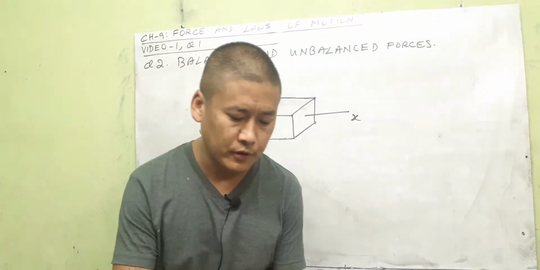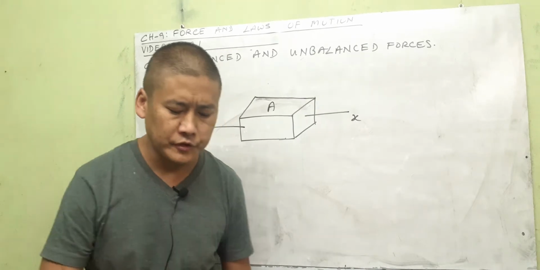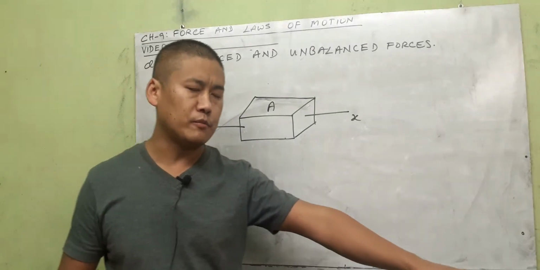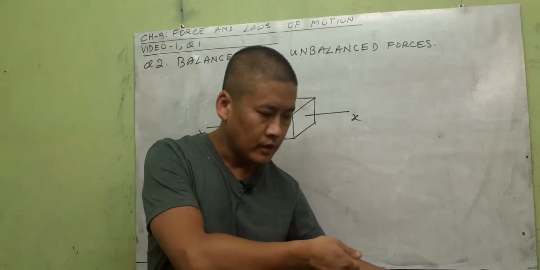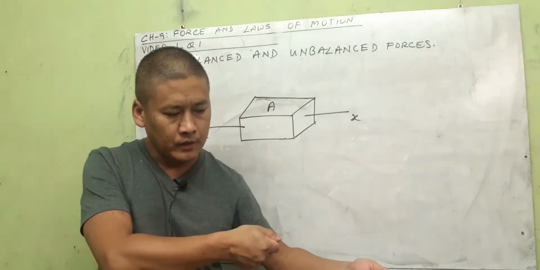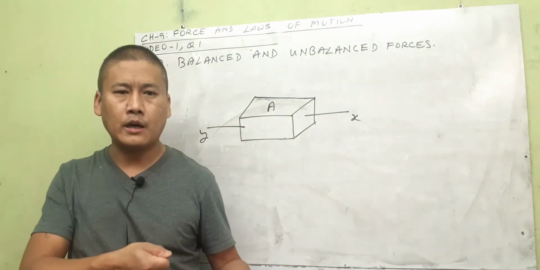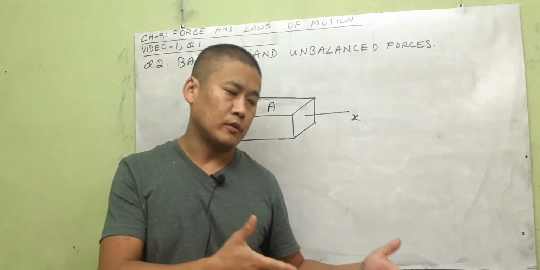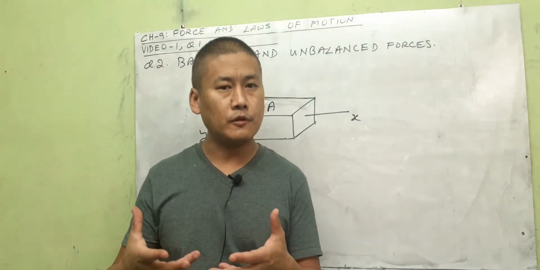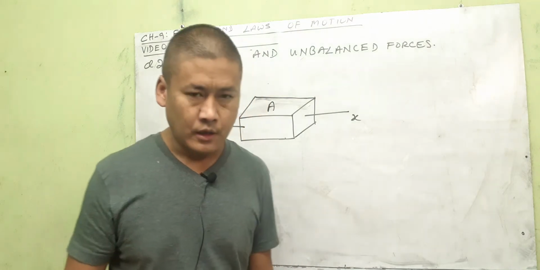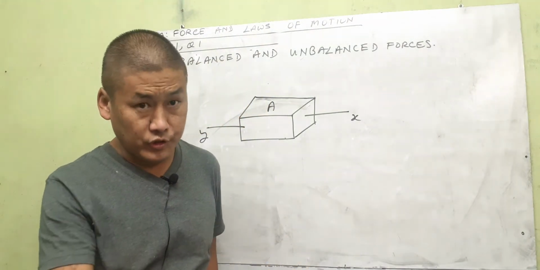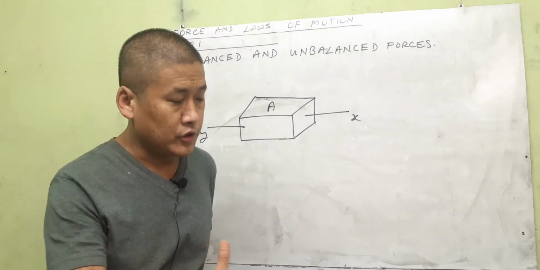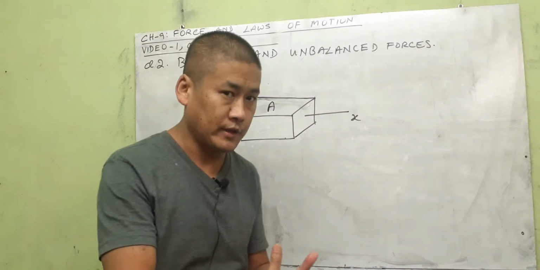Now next, example of unbalanced force. When forces act at the same time, again, the same box, which the single boy was not able to pull, he called 2 more boys and 3 of them pull. Now this time, the force applied by the 3 boys is greater than the friction force, so the box begins to move. That is an example of unbalanced forces. Unbalanced forces always bring a body at rest to motion, or a body that is already in motion to change its speed or to come to rest, okay?